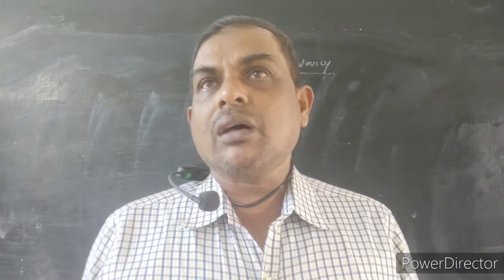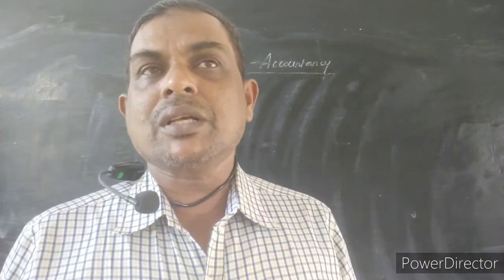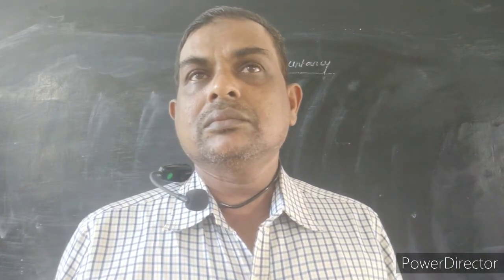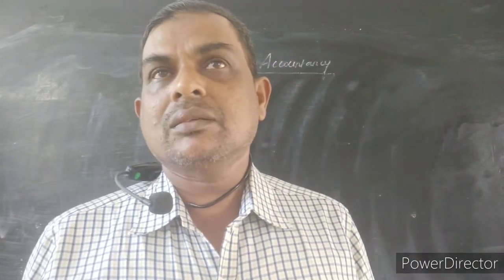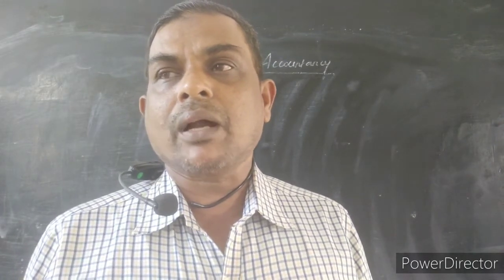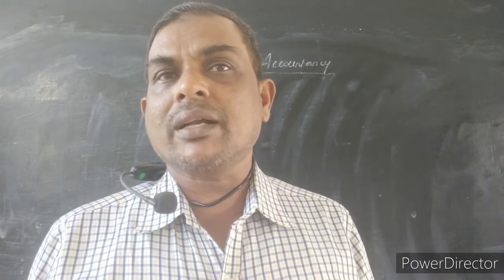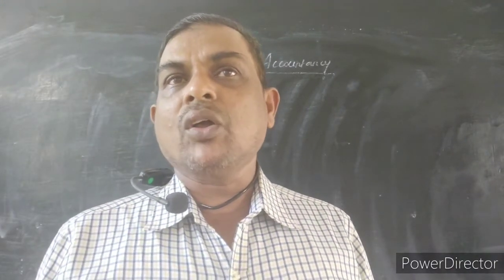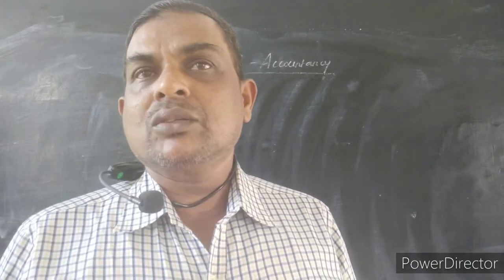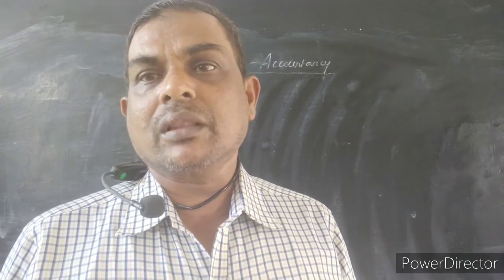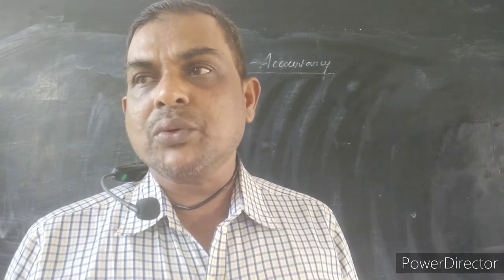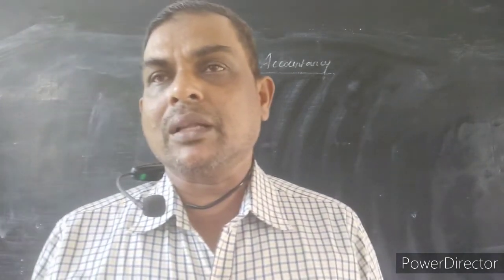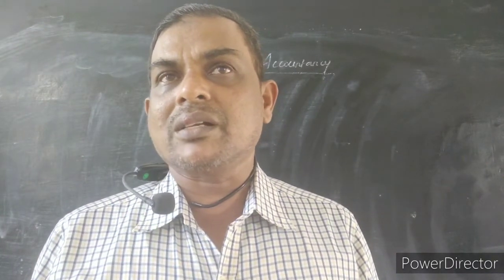The journal entry for partner's commission and partner's salary is the adjusting entry: partner's salary account debit, partner's commission account debit, to partner's capital or current account based on the account they are following. If they are following the fluctuating capital method, you have to use the capital account. If they are following fixed capital method, you have to use the current account. Okay, so this is the way you have to follow for partner's commission and partner's salary.